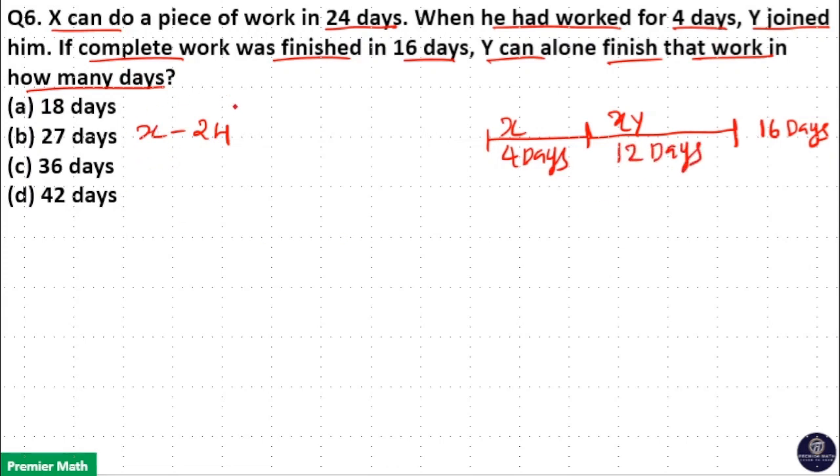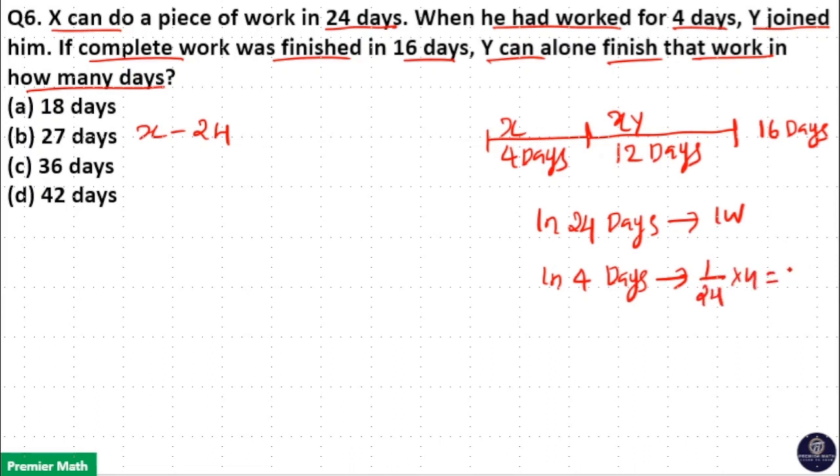Now, X can complete a work in 24 days means here in 24 days one full work is completed by X. But here X only worked for 4 days. X alone worked for 4 days. That means in 4 days how much work is completed? 1 by 24 into 4, which is equal to 1 by 6 work is completed in 4 days by X